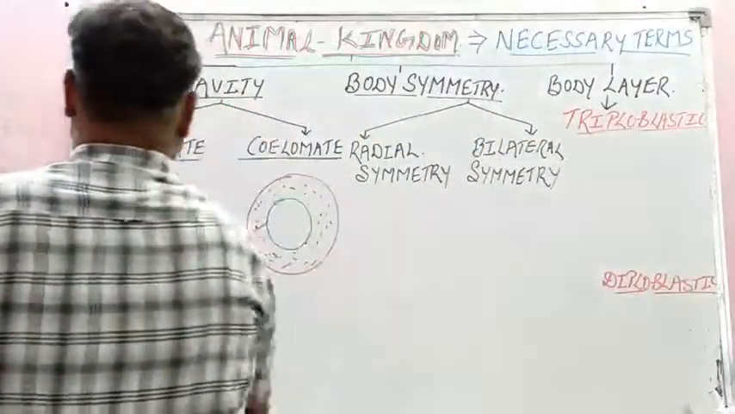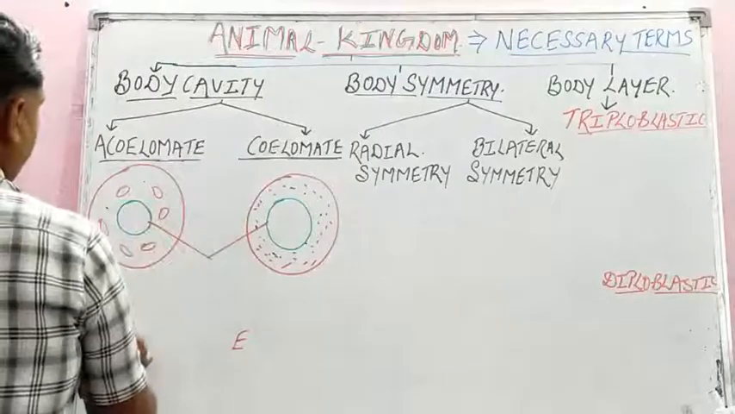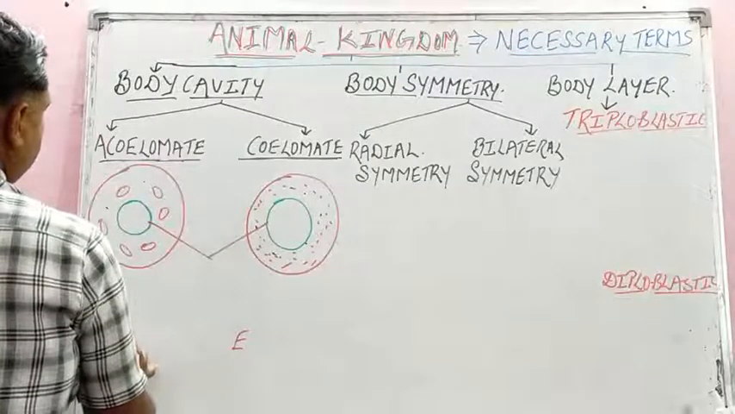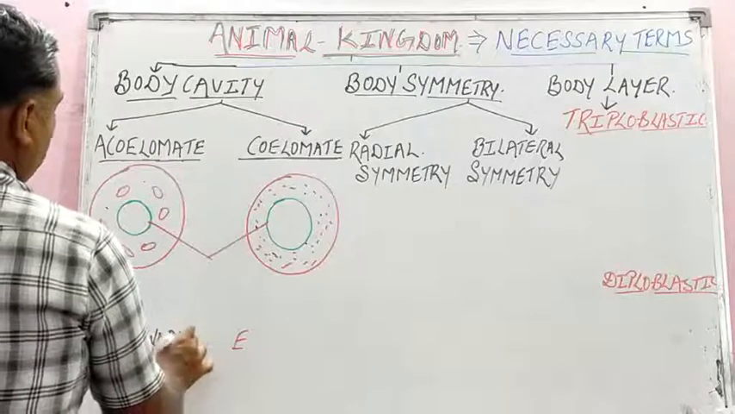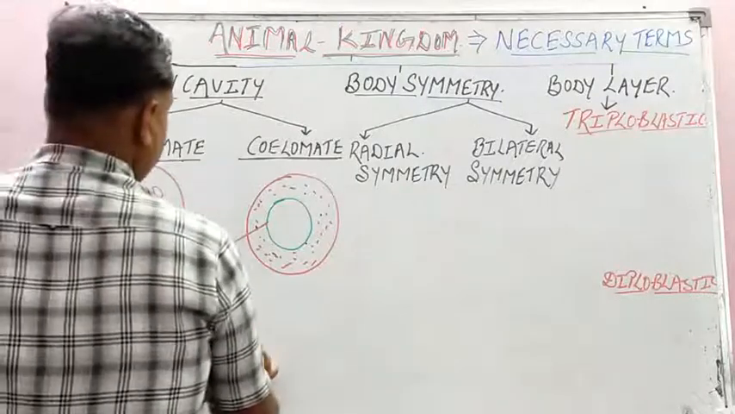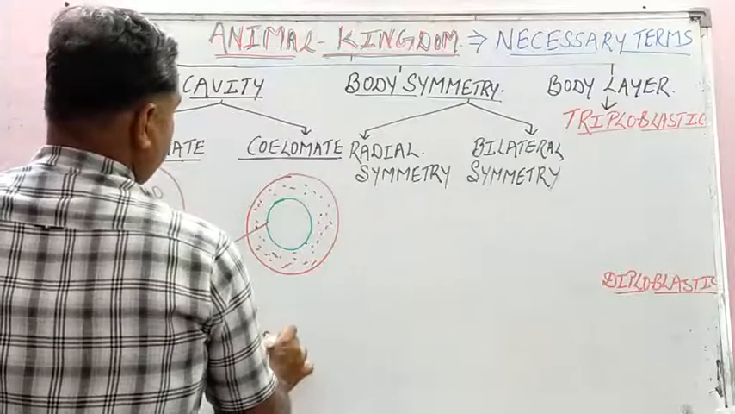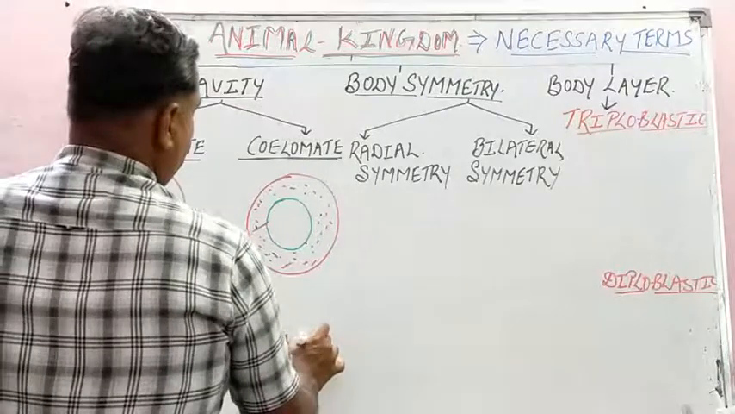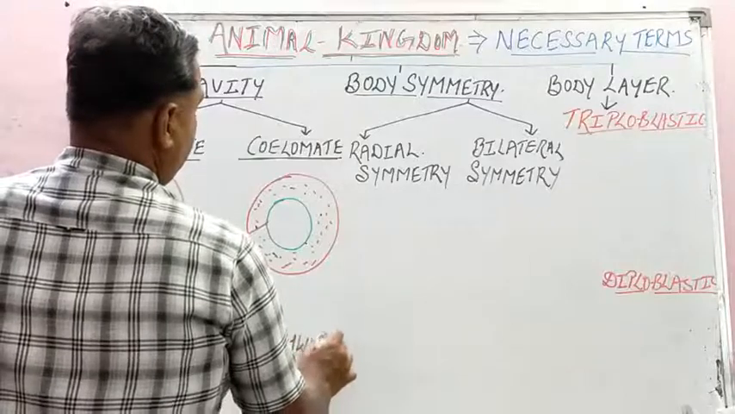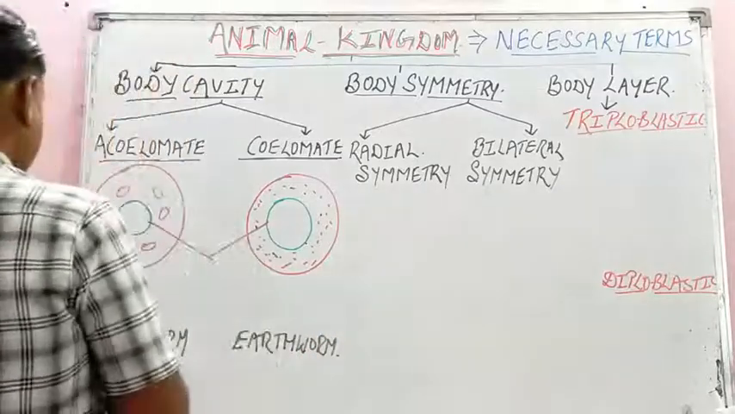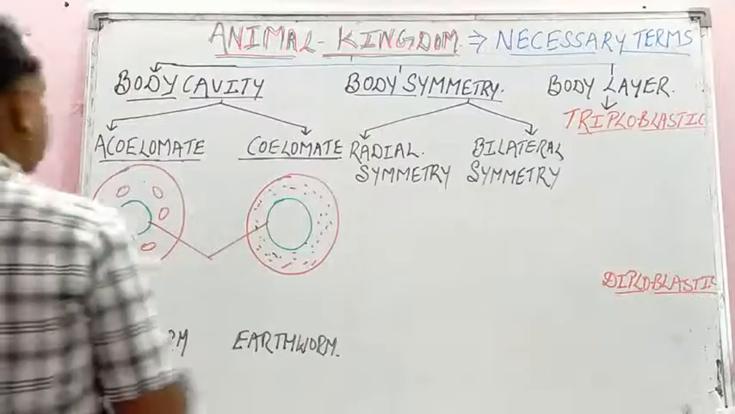Students, acoelomate's example is your tapeworm. The best example is tapeworm. And students, coelomate's example is earthworm. Now what is the basic difference, students, that I will tell you? Students, the basic difference is that